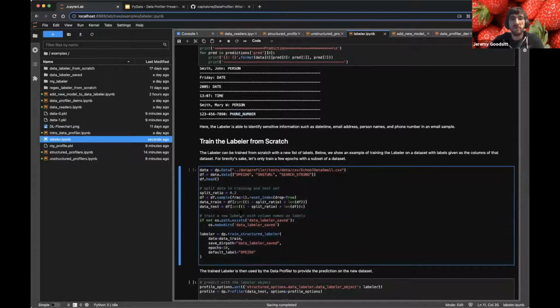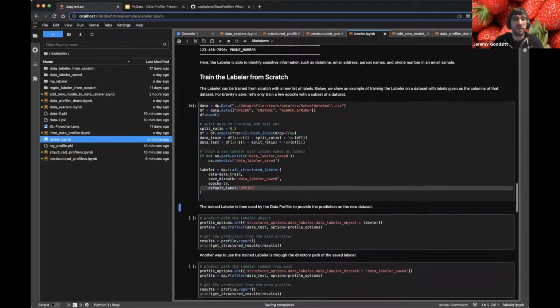And of course, like we said, we want you to be able to train the labeler from scratch. So what we can do here essentially is bring in our own data set, and then use this function dp.trainStructuredLabeler. We can specify the labeler. It's going to grab this data set and assume that the column names are the labels that you want them to be, specify which one you want it to ultimately default as, train it for 10 epochs, and then you